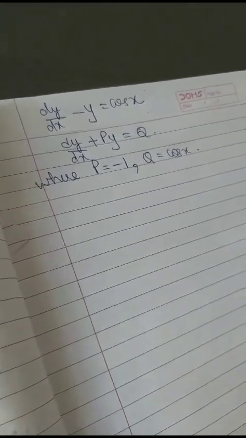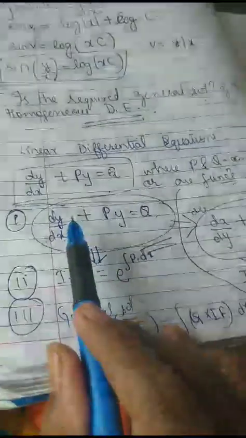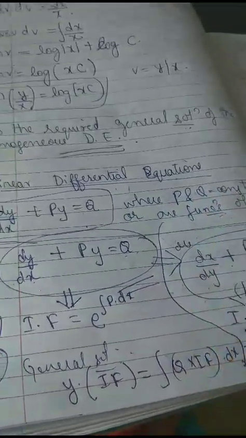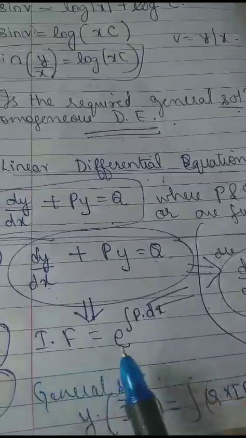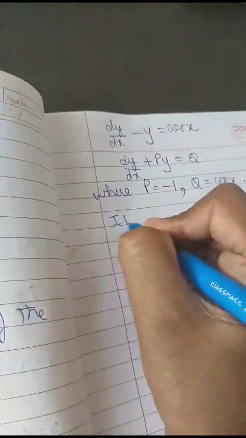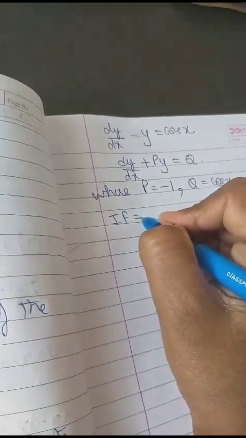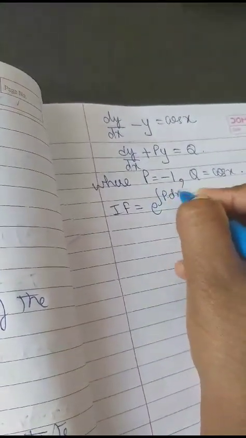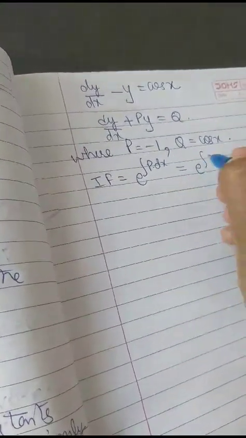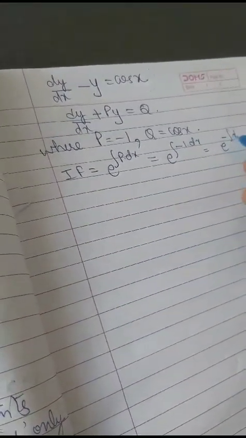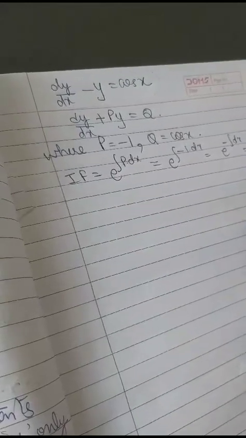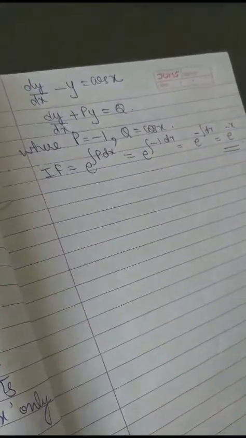So my first step, that is, I have brought the given differential equation to standard form and I have written the values of p and q. The second step is I'll have to write the integrating factor. So integrating factor is equal to e to the power integration p dx, that is e to the power integral of minus 1 dx, that is e to the power minus x. This is my integrating factor. Once my integrating factor is ready, the next step is writing the general solution. So how do I write the